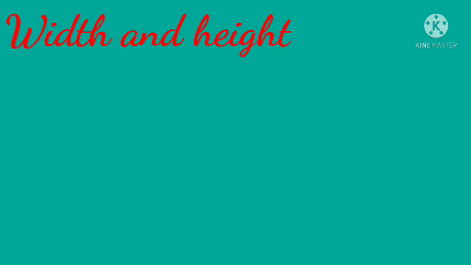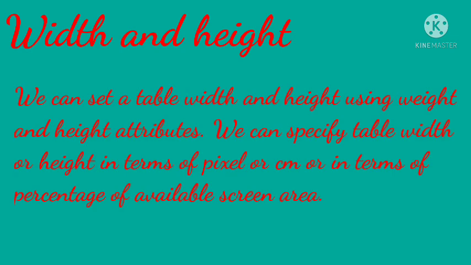The third table property is width and height. The height and width properties are used to set the height and width of a cell. The height and width properties do not include cell padding, border, or cell spacing. They set the height and width of the area inside the cell padding, border, and margin of the cell.